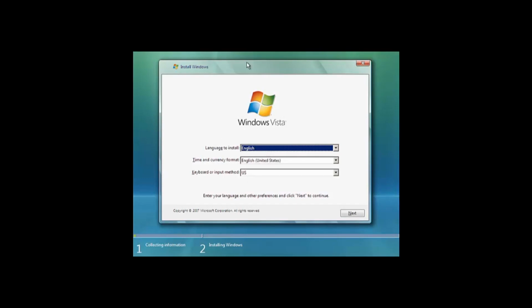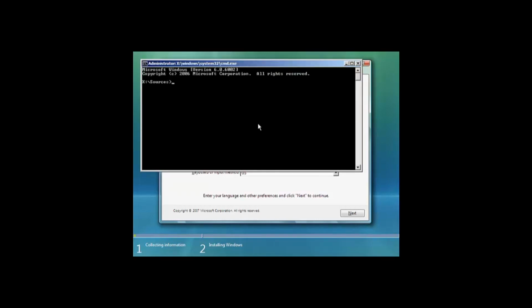So once you get to this screen, if your screen looks different to this and it's got a green background, what you're going to want to do is select Install Now. Then once it brings you to the second screen, click Install Now again. Once it gets to the product key menu, type Shift F10, which opens the command prompt. But if you're using this ISO that I'm using, which just gives you this menu, everything's all loaded for you already, so you're going to want to type Shift F10, then type CD /D,